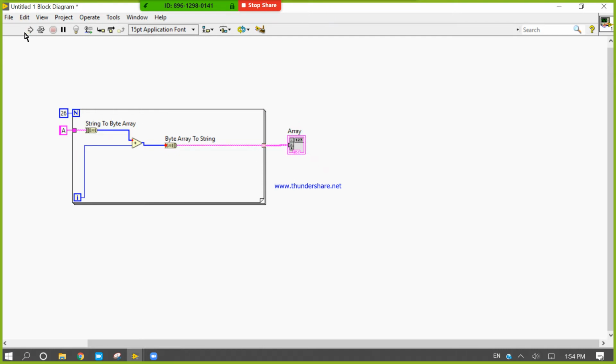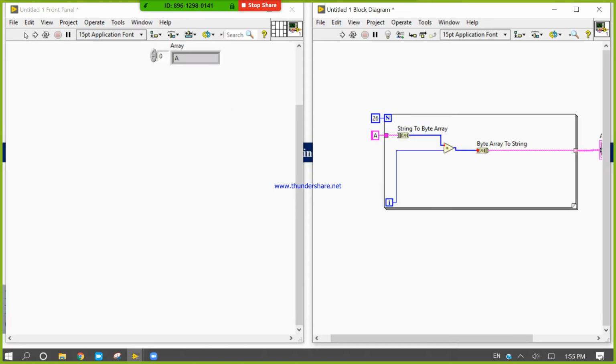Run. If I will run, control T, so it will generate A to Z for me automatically.